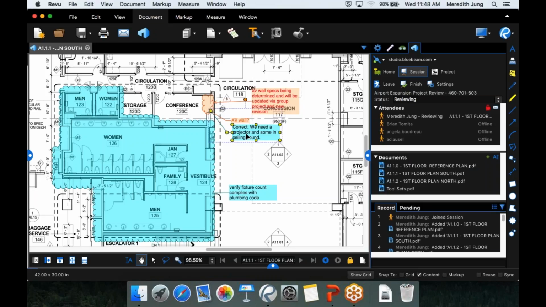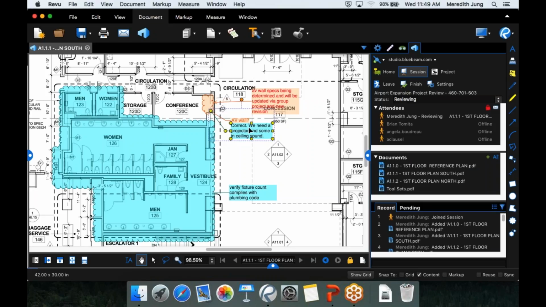On the other hand, I placed this particular comment about the AV wall and those AV specs. I actually placed it before she placed her comment about it, and she just neglected to read it. We were both working at the same time. We were literally 30 seconds from each other when we placed these markups. But what you'll notice here is that I am able to edit my markup, move it around. I could change the properties for it if I wanted to. Everything that I place on the page, I have full access to the complete customizability and all of the functionality